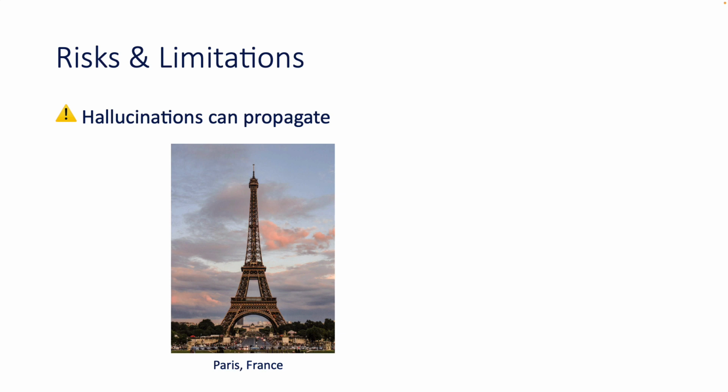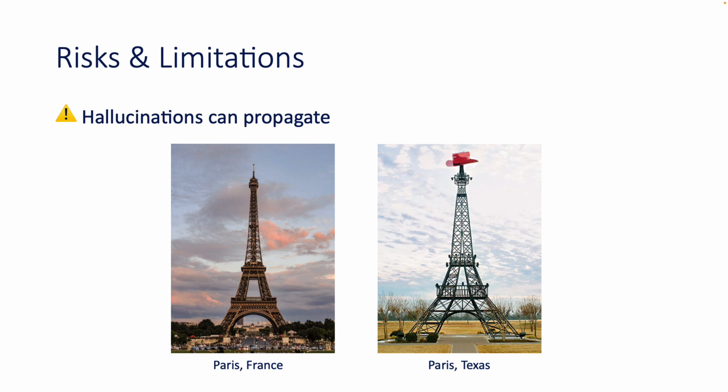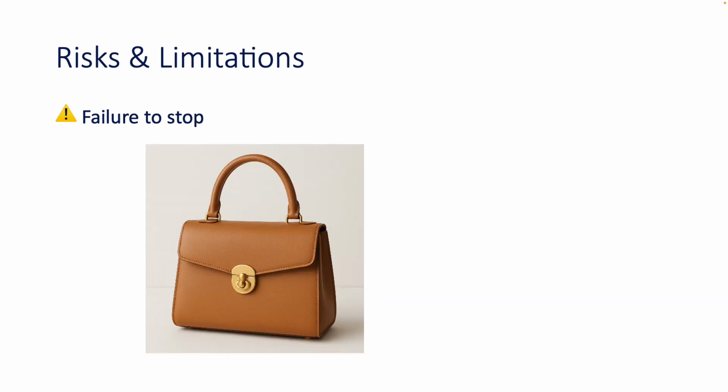What do I mean by that? Well, because these are agentic loops, let's say that we were going to have an agent book us a trip. And we say, okay, we want to visit Paris. Paris is really lovely this time of year. And the agentic AI is going to book us some tickets, and it's going to come up with an itinerary and perhaps even book a hotel. Because these agents work in loops, these hallucinations can propagate, meaning if you don't get the right Paris first, then you end up with an entire itinerary with the wrong Paris, and you'll end up in Texas instead of France.